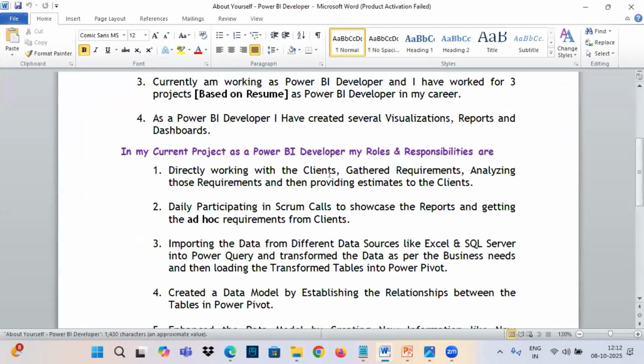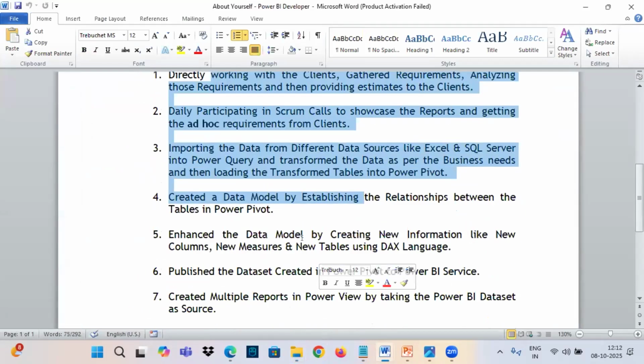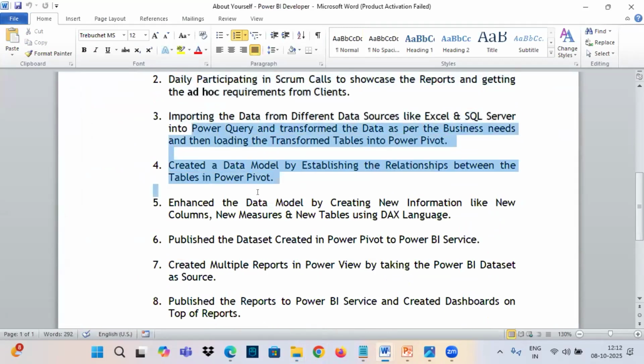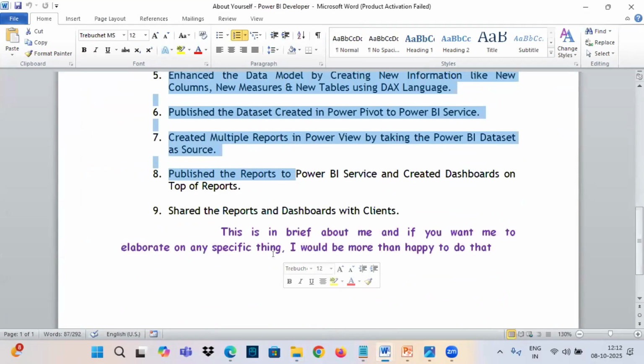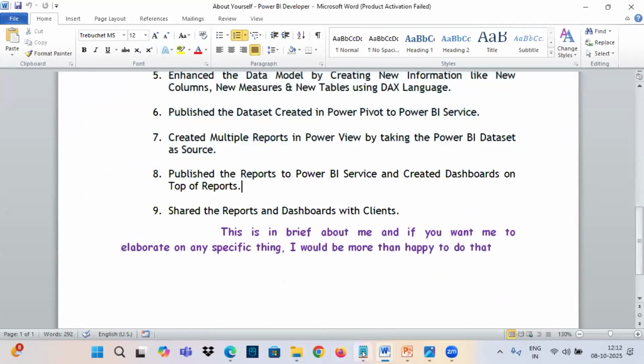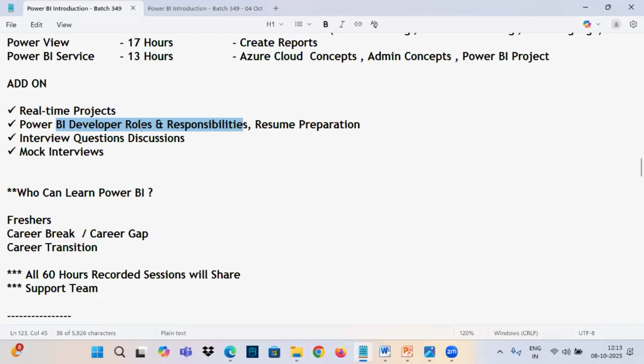I'll clearly explain what the different roles and responsibilities a Power BI developer will have, with practical real-time examples. What are we going to cover? The practical real-time examples. We will cover the roles and responsibilities of a Power BI developer, and we will help you